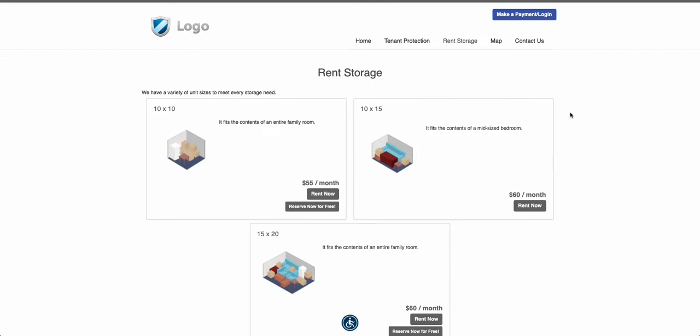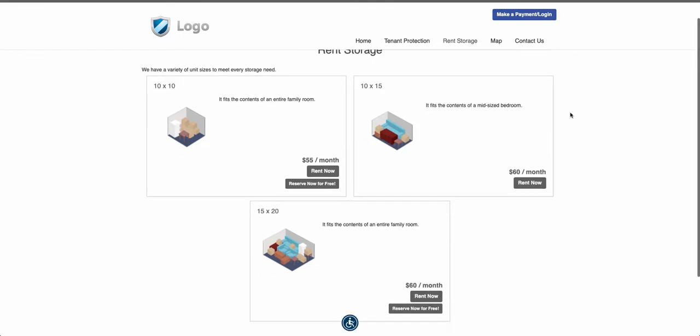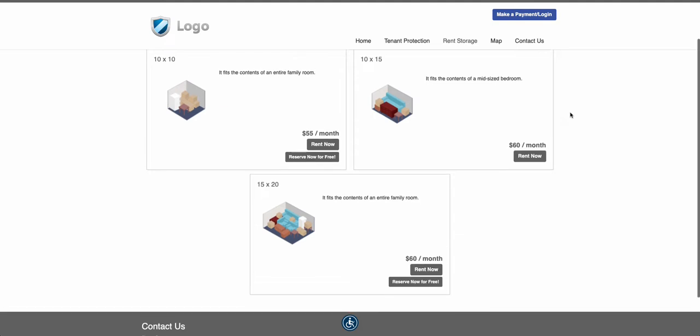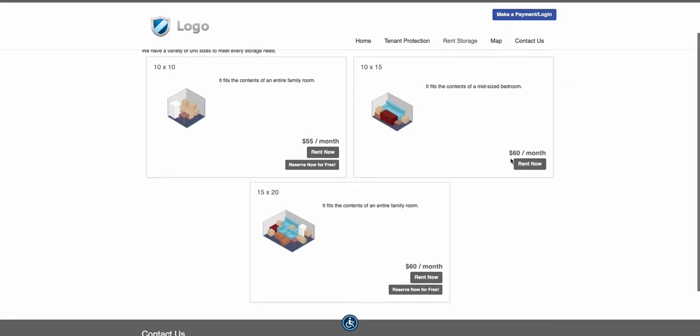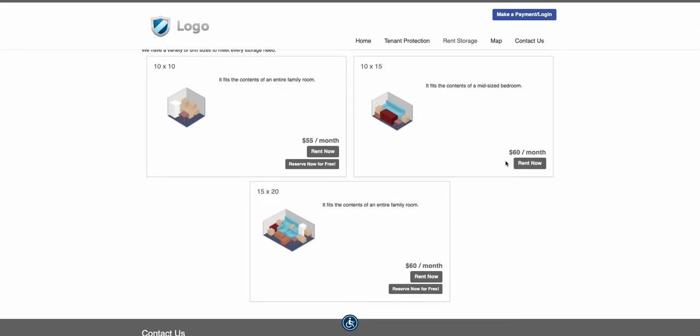If you jump here to the rent storage page, this is where it'll show your inventory. So what sizes you have available, a little size guide photo, description of what it fits, and then of course the price. Now, if you have availability in those unit types, there will be a Rent Now button. If you're full in those unit types, it'll just automatically switch to waiting list so that people can jump on